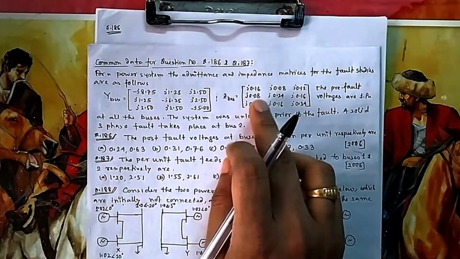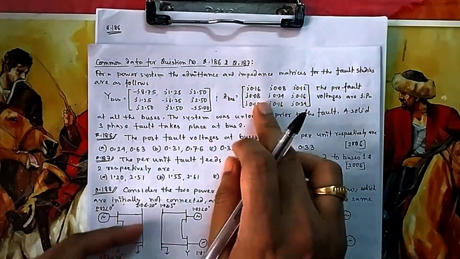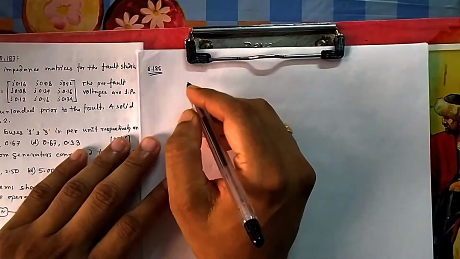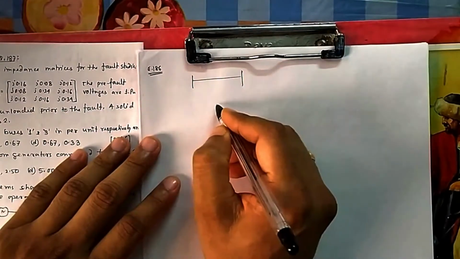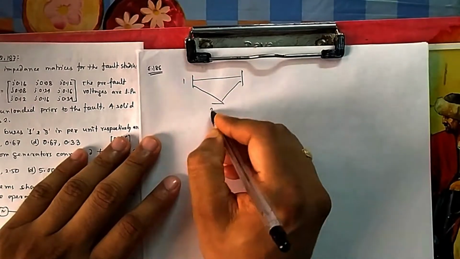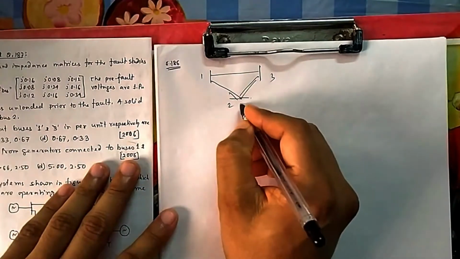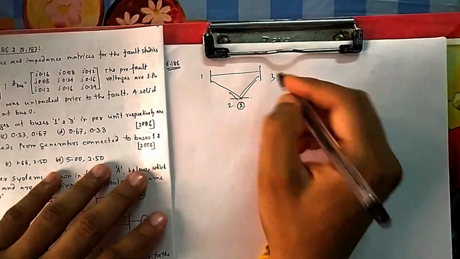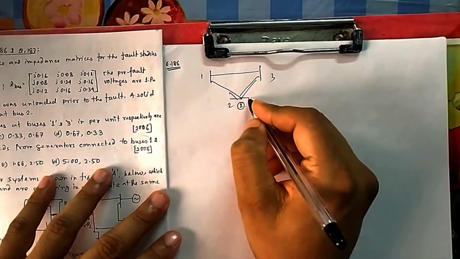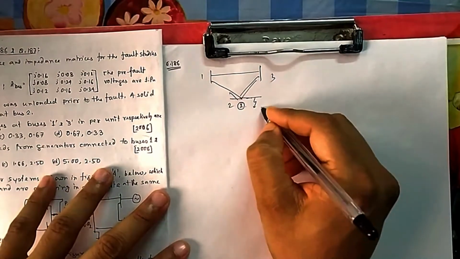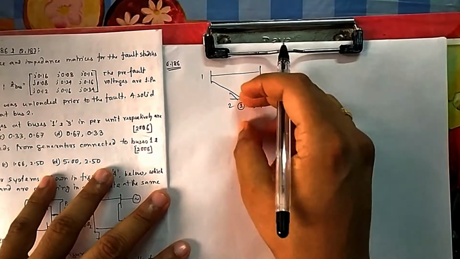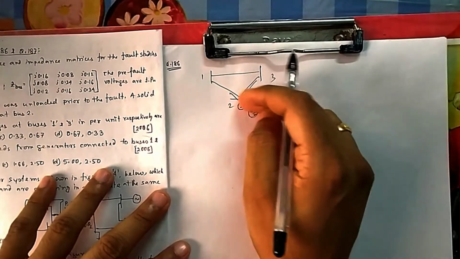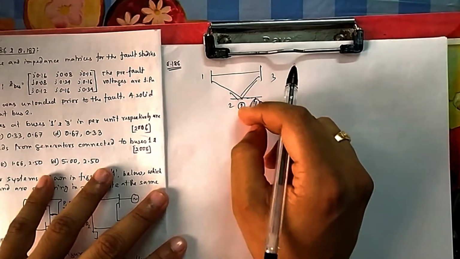Because the Z matrix is given to us, fault calculation becomes very easy for us. Suppose it is a simple 3 cross 3 bus system, so suppose this is 1, 2, 3, and there is a fault in bus 2. The matrix is 3 cross 3 because there are 3 buses. So what is the meaning of Z22? If you look from this side, if you open whatever is connected, this is the fault that is connected to ground. Suppose I open this path, then the Thevenin's impedance seen from this side is Z22.